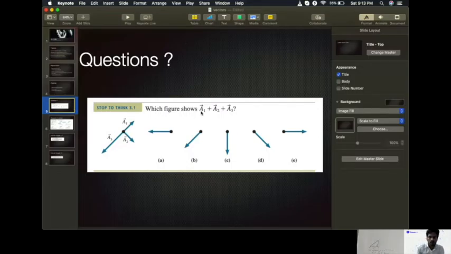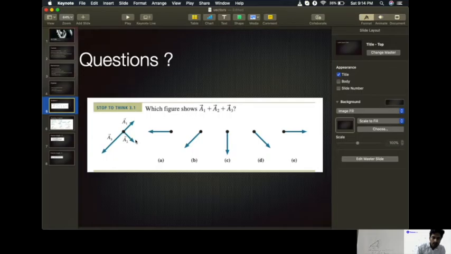Suppose, let's come back to the question I have here. A1 bar plus A2 bar plus A3 bar. If I add all these three, which direction will be my net displacement? So let's understand. Will it be in this direction? Doesn't seem so, because A3 and A1, you see, this and this, the resultant of these two is supposed to be somewhat in this direction, because this direction has got a larger quantity. So the net displacement of something here and here is going to be somewhere in between these two, right?